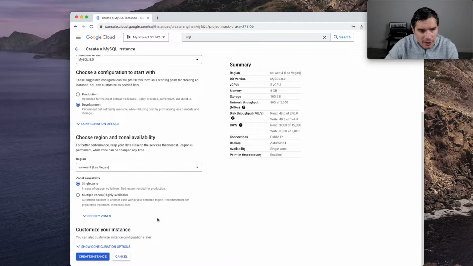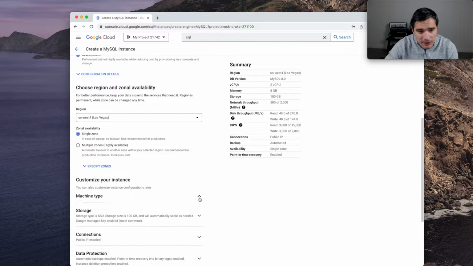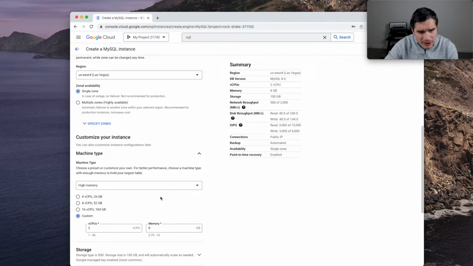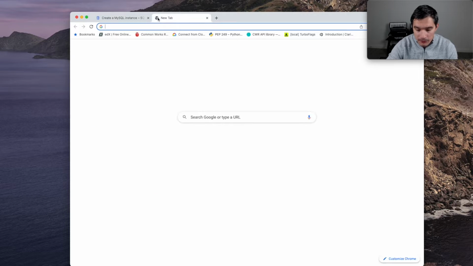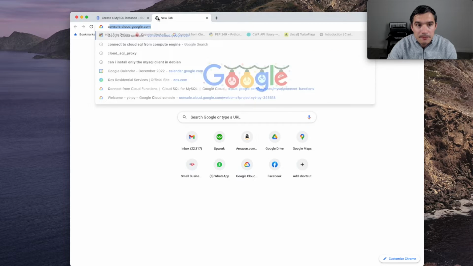And now we can customize our instance. So we expand this type. First, the machine type. So by default, Google Cloud allocates a pretty expensive machine type. So from here, we will use shared core, the smallest instance available, which is 1 CPU and 0.6 gigabytes of RAM. If we search for Cloud SQL pricing,